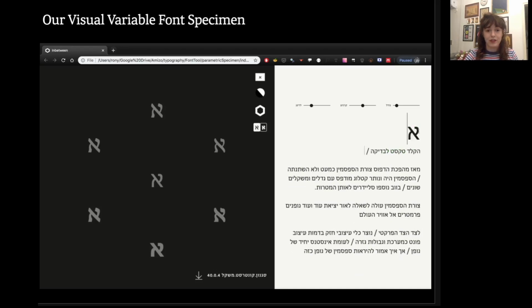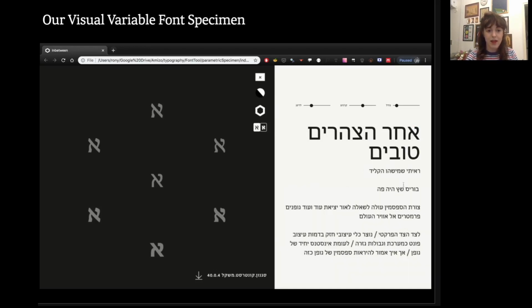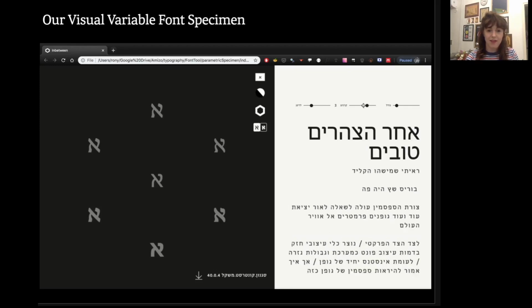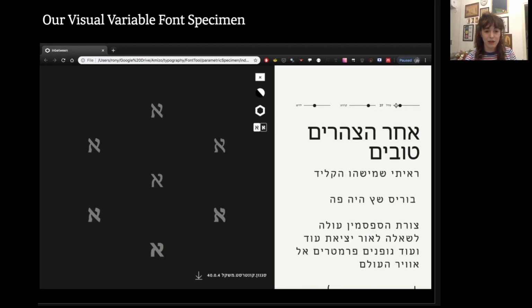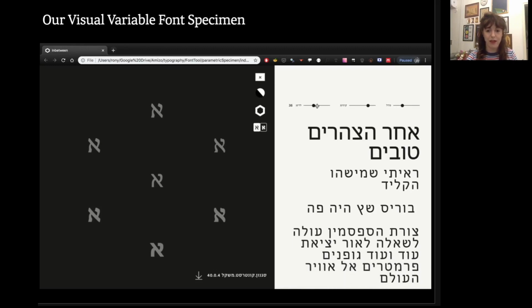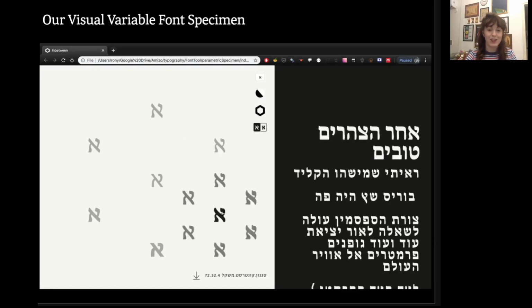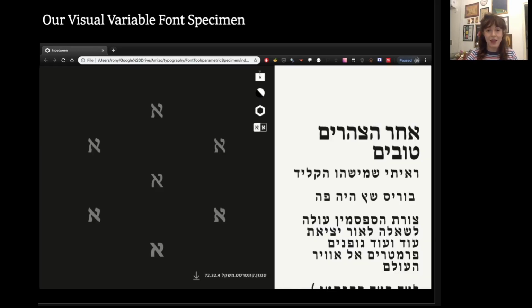And practical features. As the interface is for expert users, it's equipped with tools that we need for full evaluation of the typeface. So we can type text in, we can set the text size, the kerning, and the leading on the example text using the sliders that appear when we hover over the example text. We can switch the display between black and white. We can change the display title, theoretically typing in a word. So in total, this gives us the option to evaluate the font in 3 levels: the letter, the word, and